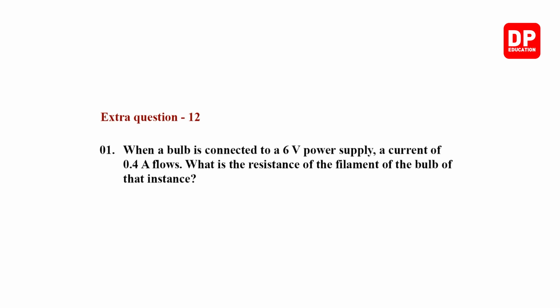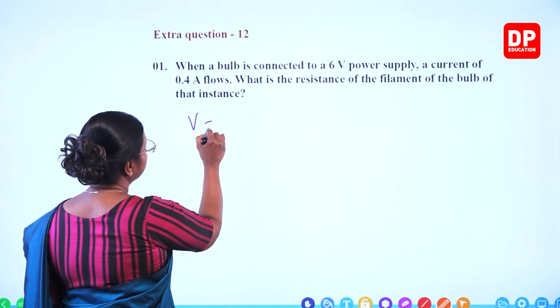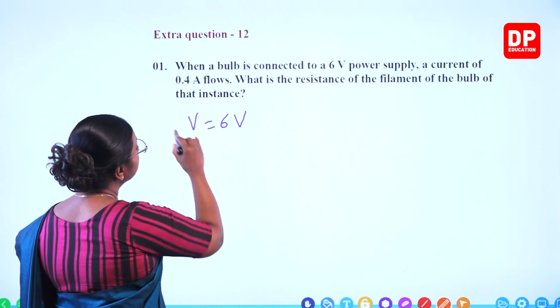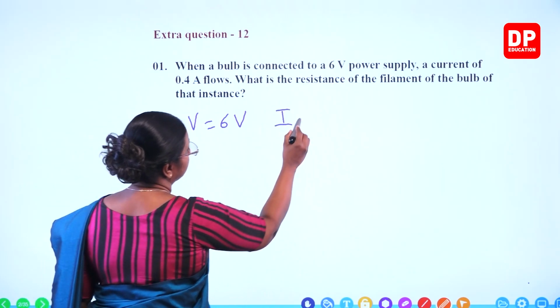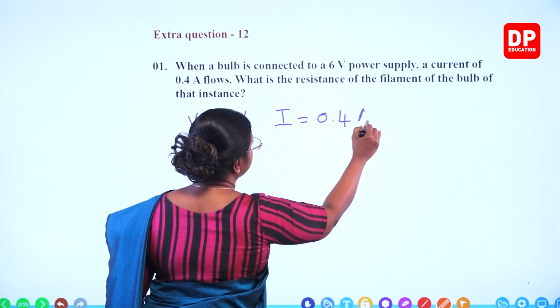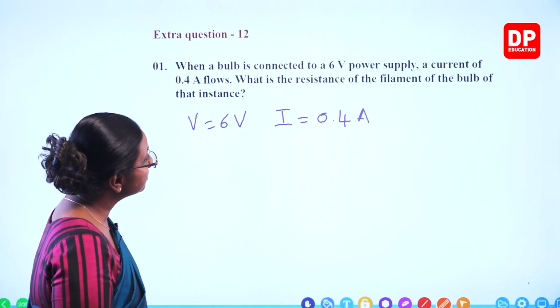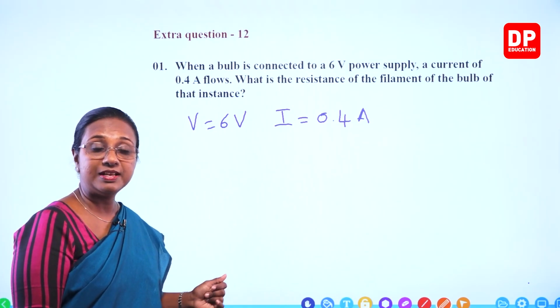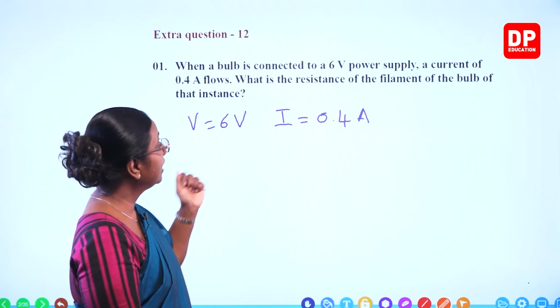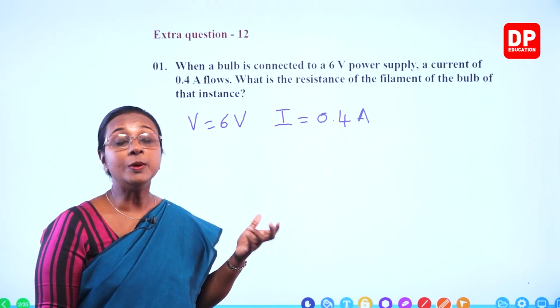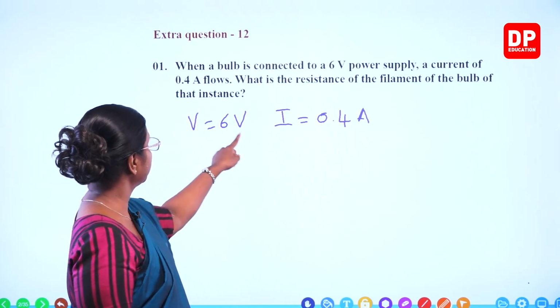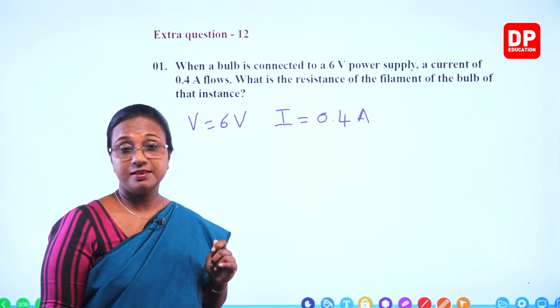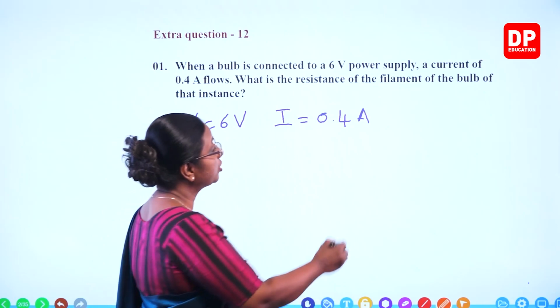Extra question 12. So when a bulb is connected to a 6 volt power supply, so here potential difference 6 volt, a current of 0.4 amperes. So current is 0.4 amperes. What is the resistance of the filament of the bulb of that instance? So here there is a filament bulb through which current flows and electricity is converted to light energy. So there the potential difference is 6 volts, current is given as 0.4 amperes. They want you to find the